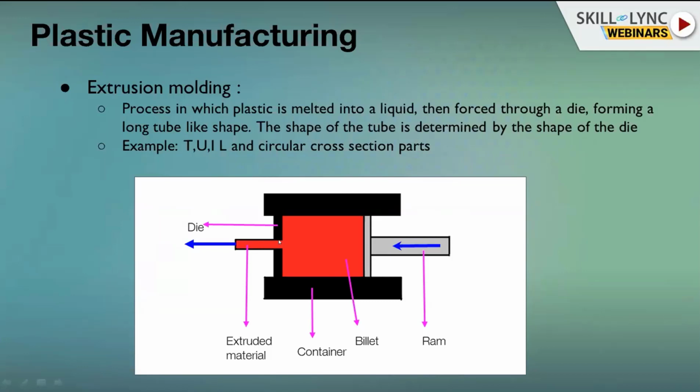The required profile shape of the die will be here, like a U section, or else I or L, or else the pipe section, whatever it may be. The cross section will be in this die. So the molten plastic material will be placed over here, and with force they are going to push the ram. On the other end, there will be a pulling unit, so they are just going to extrude the material. So it is known as extrusion molding.